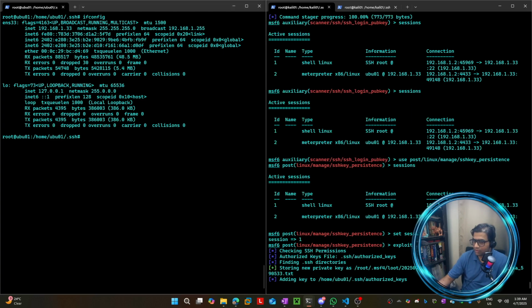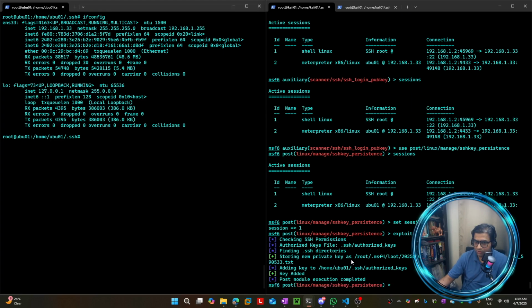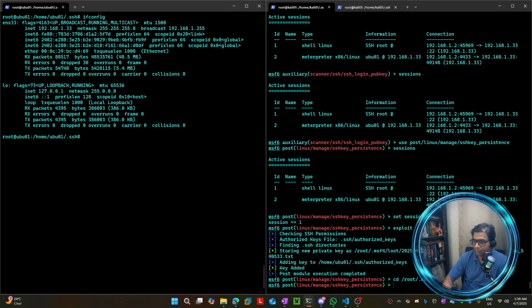the SSH service using key-based authentication. Okay, it has stored the private key here in this directory, right? Adding the key, right? So then what we can do is cd root.msf4 loot, mv the file 20 whatever it is,